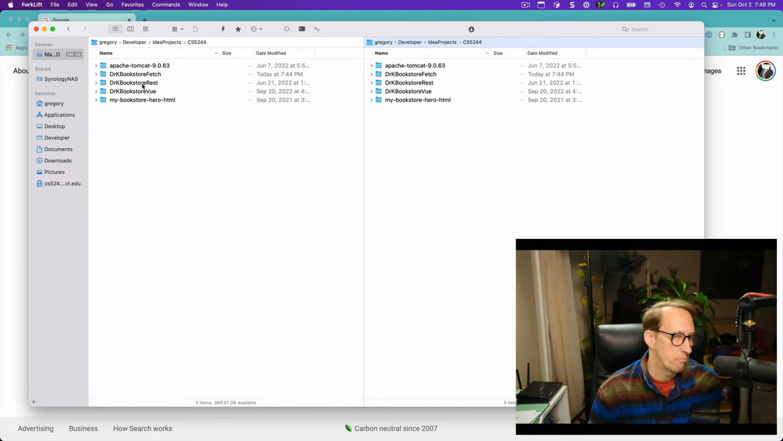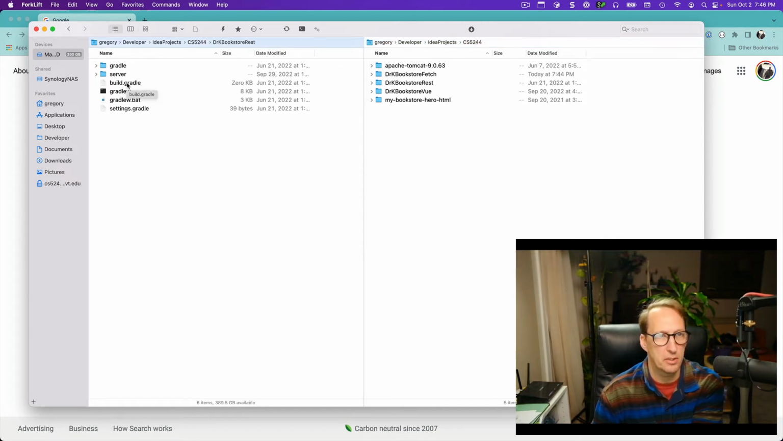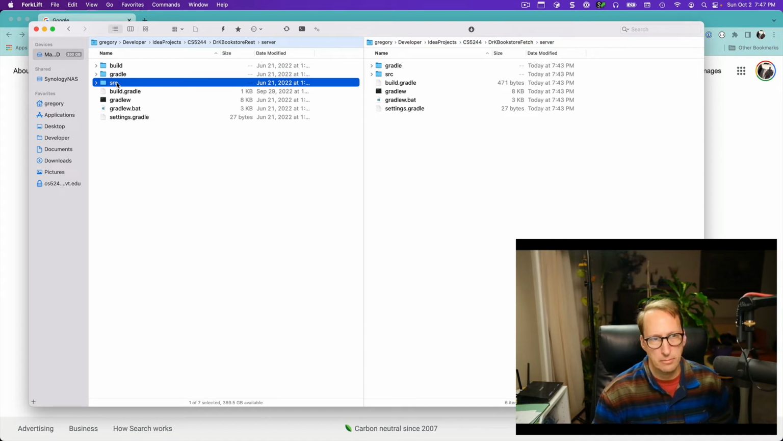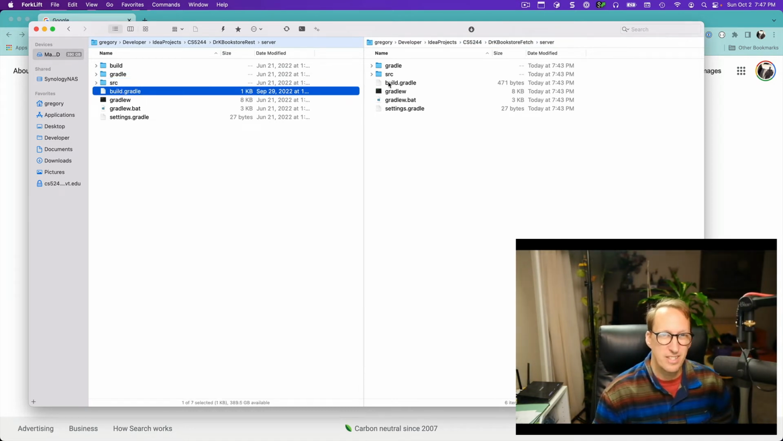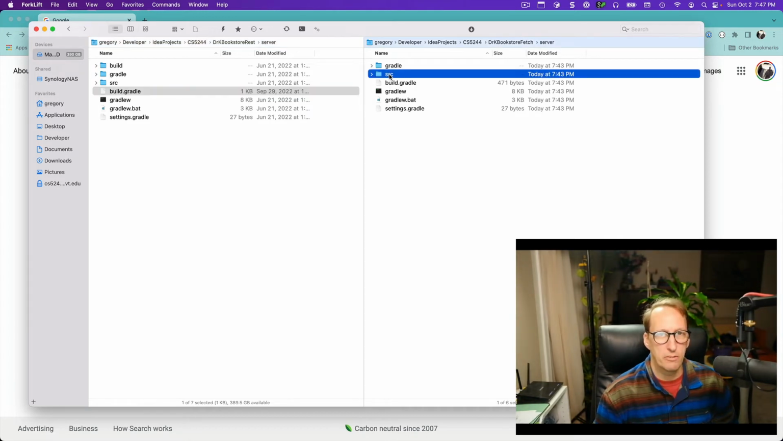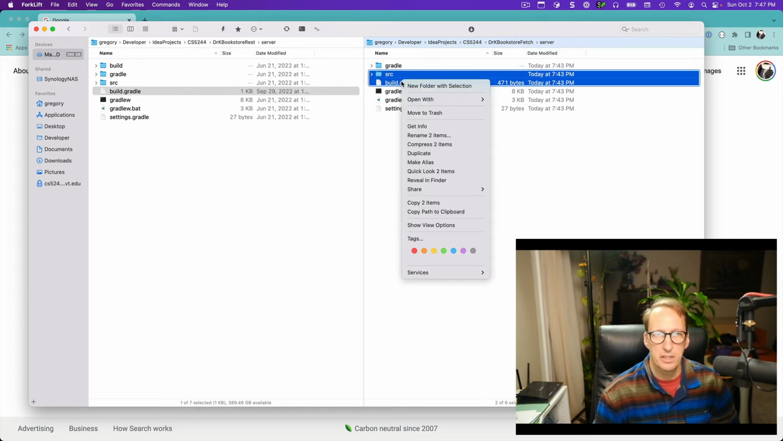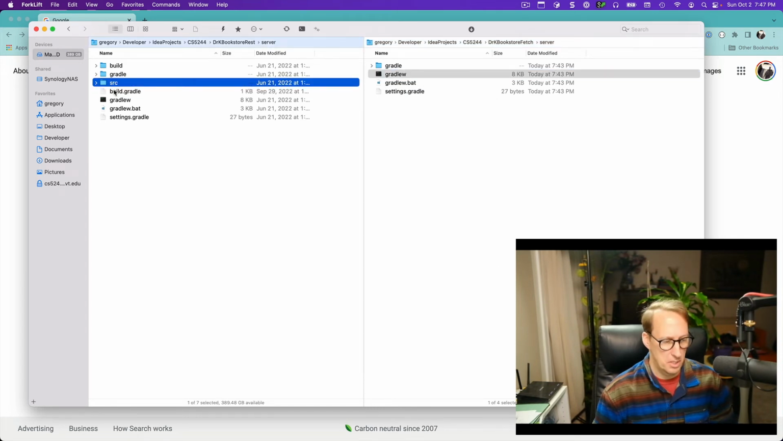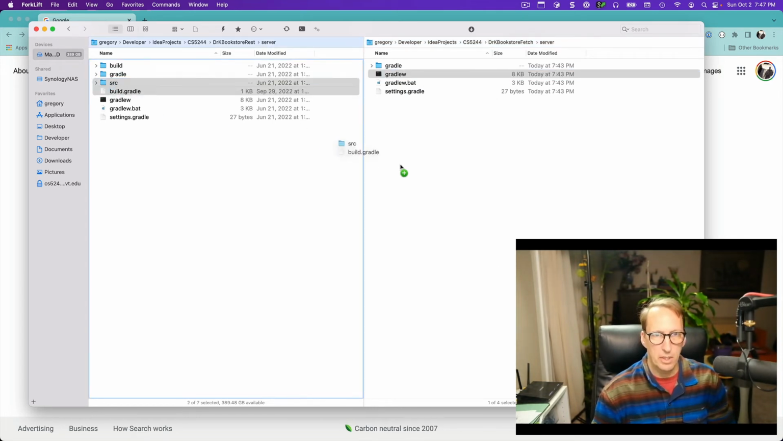So let's do the server first, doesn't matter. Let's copy from Dr. K Bookstore REST server and into Dr. K BookstoreFetch server. And I want to copy the source folder, and I want to copy the build.gradle. So it should work if you don't do this, but I like to delete them first. Okay, so this is Dr. K BookstoreFetch. These are the files I want to trash. I'm going to put source and build.gradle. I'm going to copy them,